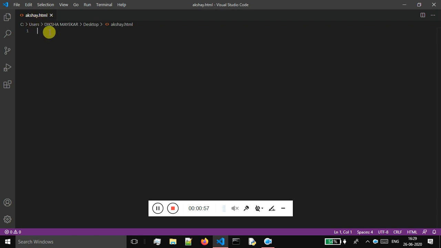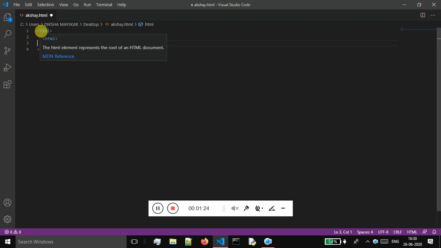So when it comes to the HTML, HTML file is identified with the HTML tag. Write html over here and hit enter key. Now this software will automatically write this code for you. Whenever we are working with the HTML, all the code goes inside of this HTML opening tag and HTML closing tag. The HTML opening tag is identified by the open angular bracket, then we write html, then the close angular bracket.